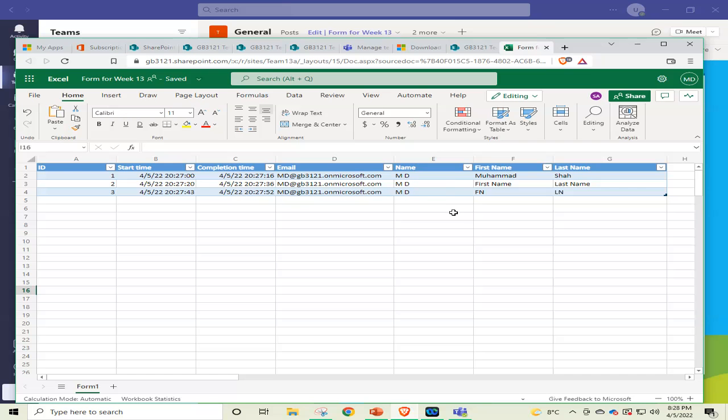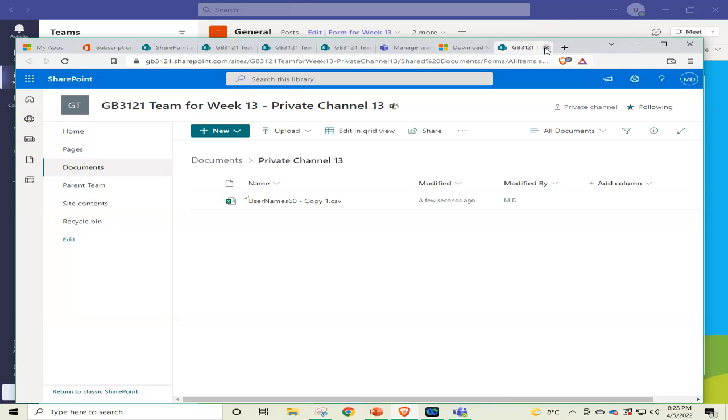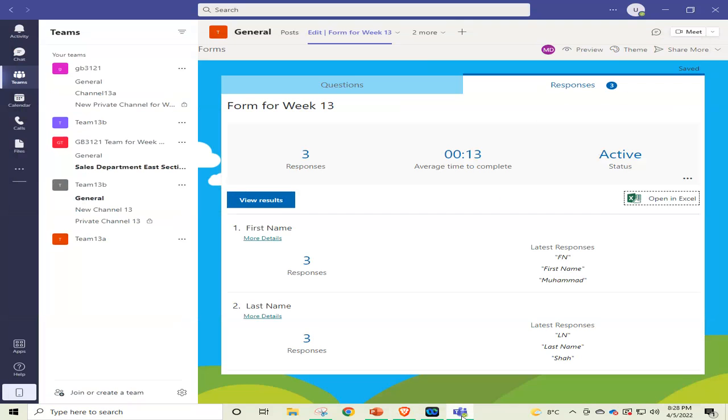So this is all. I just close this tab and go to Teams, and we see if we want to make a picture that yes, we have added one app and we have used it.